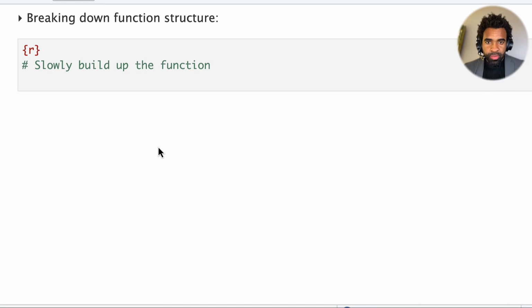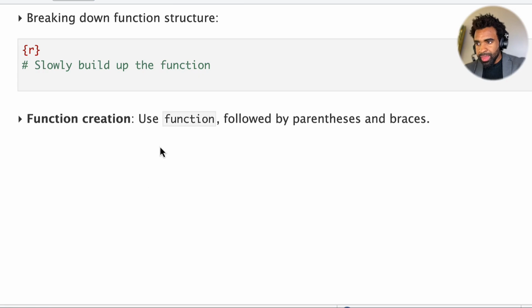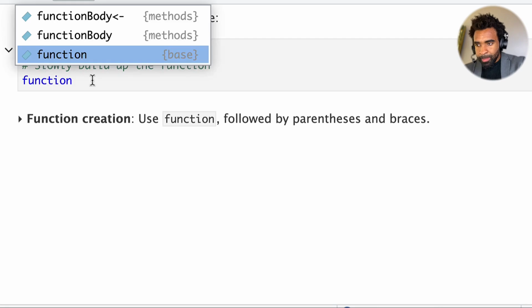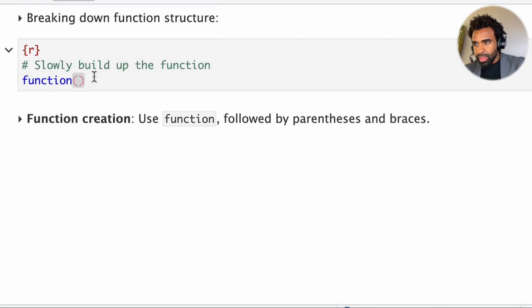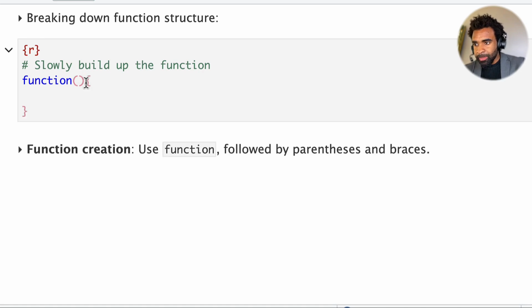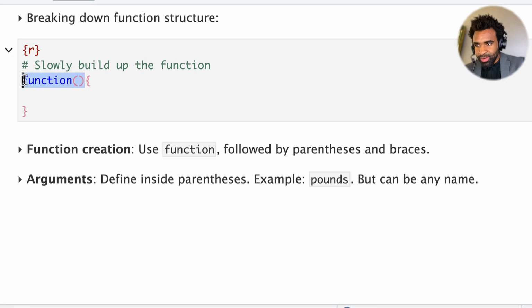Now let's go through the process of writing that function one more time to make sure you really understood it and to help you to solidify that knowledge. So we're going to slowly build up the function one more time. We start with this name function here. And then after that, we put a pair of parentheses and then also a pair of braces. Okay. And then within that function, so this thing technically is a function, but within this, we're going to put